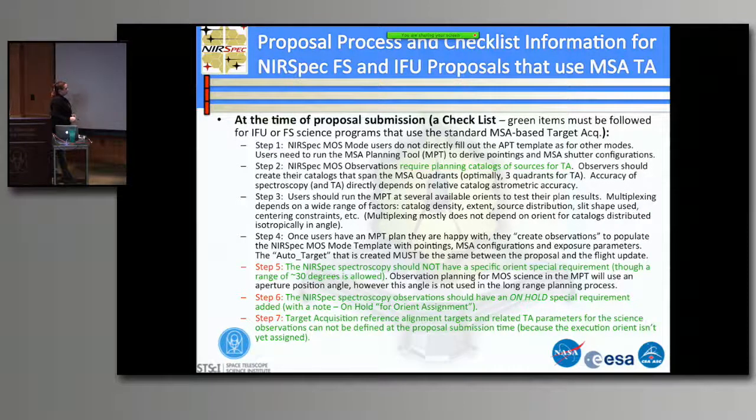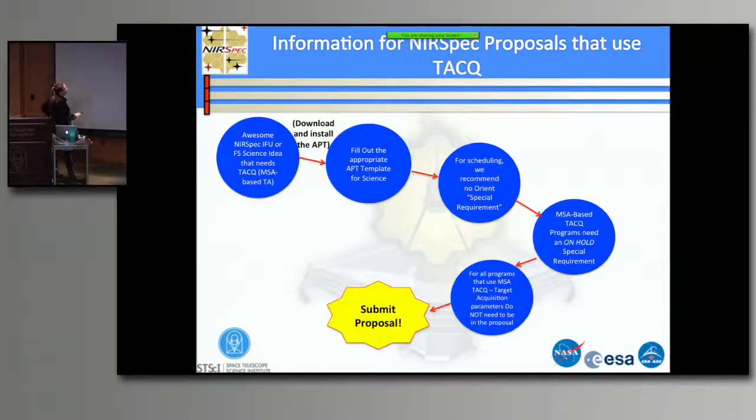And so the NIRSpec spectroscopy should not have a special requirement. So this is fixed slit or IFU spectroscopy. You also shouldn't constrain the orient. You also need the on-hold for orient assignment special requirement. And then the target acquisition reference alignment targets or reference alignment objects do not need to be in the proposal. So this is just a little flowchart for your awesome NIRSpec IFU or fixed slit science idea that needs